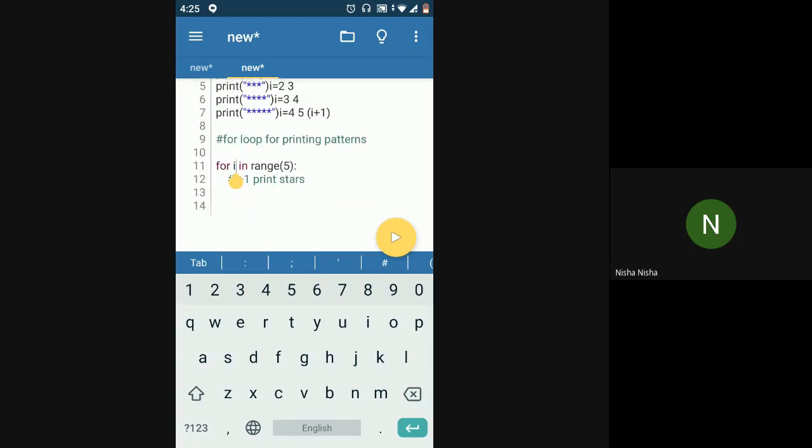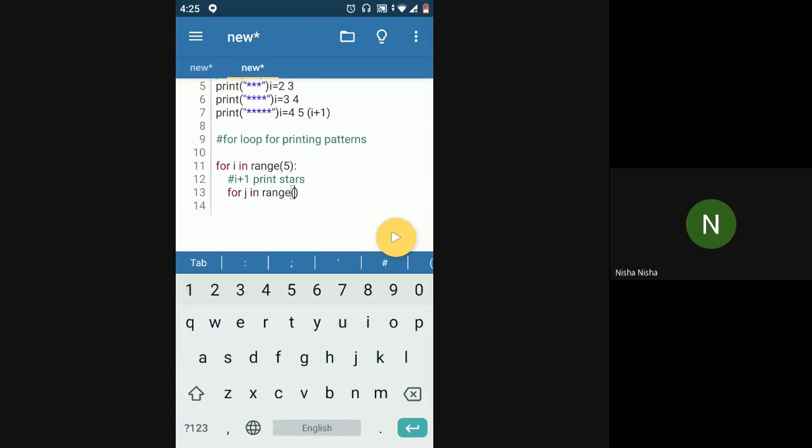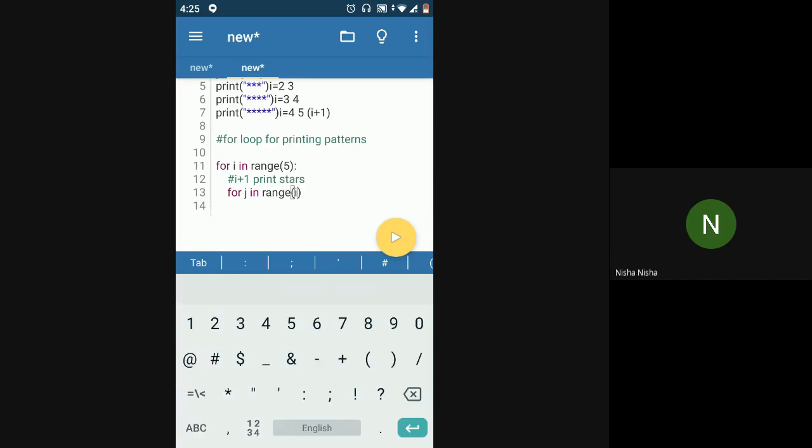Whenever I is 1, 2 stars would be printed. So what I'll do is I'll write another loop, for j in range. What would be the range in this case? I plus 1. Right. I plus 1 would be the range.